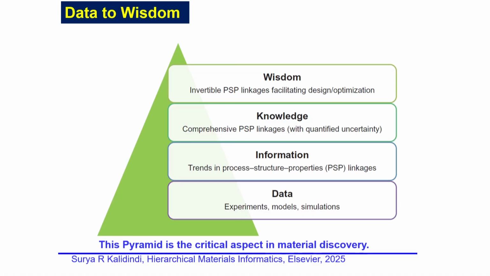And finally, from knowledge you can gather wisdom. We call it the sage, the most knowledgeable person, who has a lot of wisdom, and wisdom will allow you to find out the underlying processes, what is happening when you make a material or do something. So this pyramid is very critical in material discovery. At the bottom of this pyramid is the data, that is what we discussed a lot in the last 10-15 minutes. At the bottom of the pyramid you have data, and you have to know how to process the data to get information.